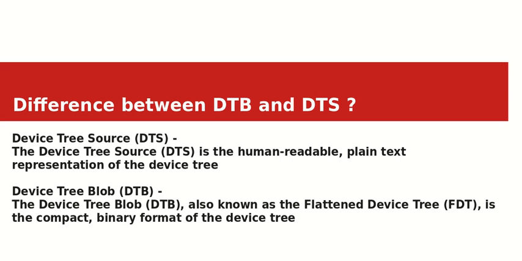So what is the difference between DTB and DTS? DTB is in the compiled form. When we compile the DTS, the device tree source, we get DTB. And of course, DTS is what is human readable. We edit device tree in the DTS format, and after we are done, we compile it and then we get DTB. And the DTB is what we use in embedded Linux platform. DTB is what we provide to the kernel for booting up our devices.